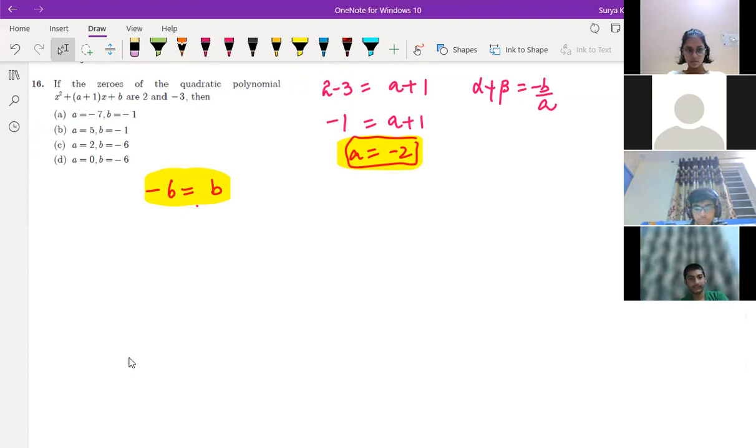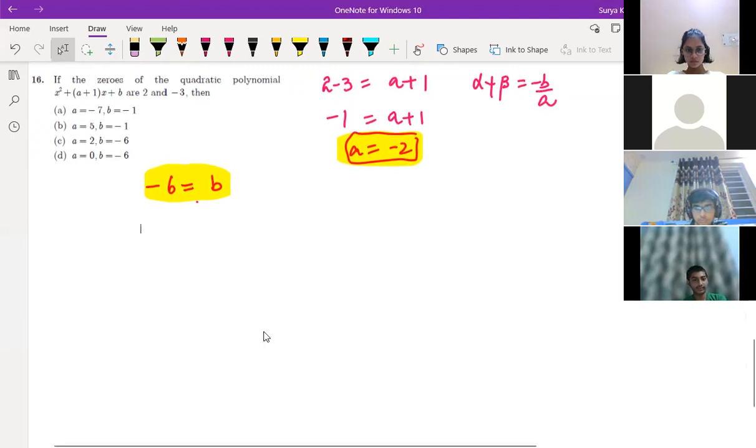All right, Praharshan. But sir, the minus 2 is not there in the options. So what do we need to do here? Everything is fine here, no? We have made a mistake. Where have we made the mistake, tell me. Where is the mistake over here, Drishi? Sir, A is supposed to be minus 2 only.